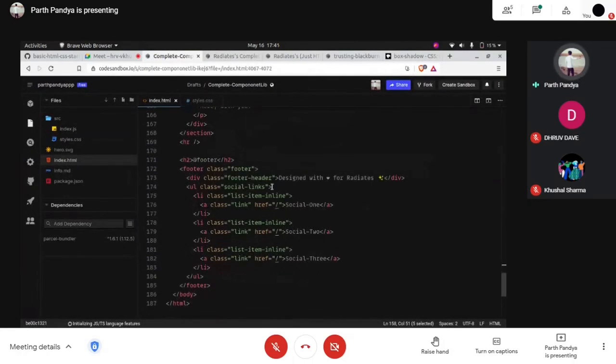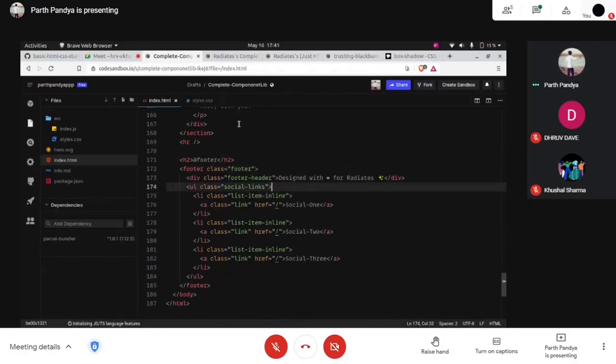Now we come to the last thing of any website, the footer part. We did the same yesterday. We had a list, a simple list, an unordered list.